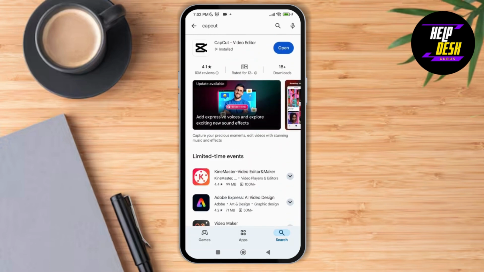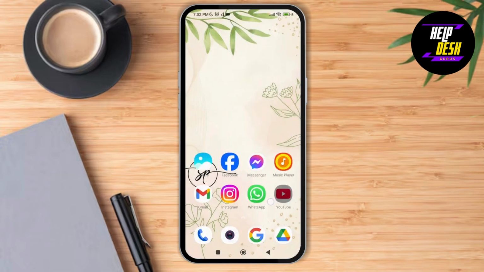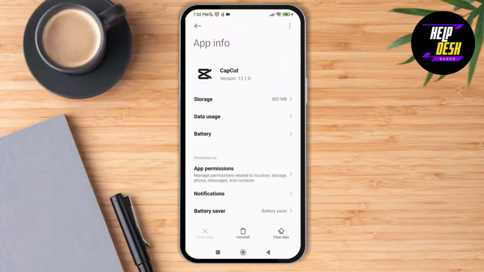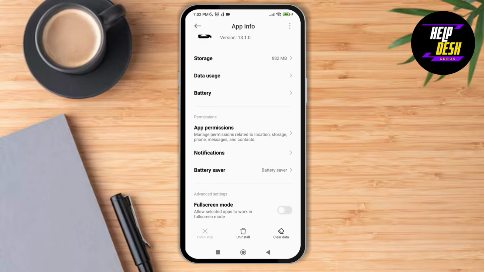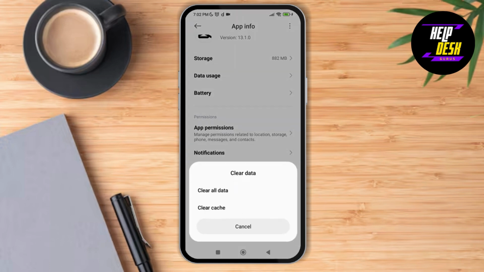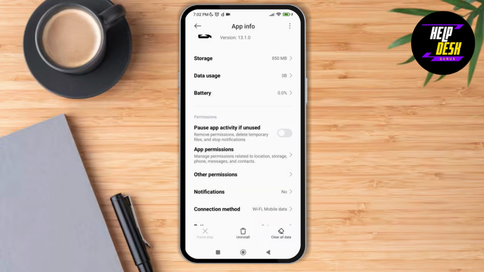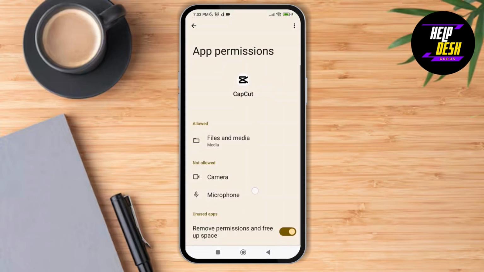So all you have to do now is go back and make a long press on the CapCut application over here and then tap on App Info. As you do that, it will land you on a new page where you can see the option of Clear Data at the bottom right corner of the screen, and as you tap on it, you can clear cache and tap on OK. Next, tap on App Permissions and make sure that you have toggled on all the required options